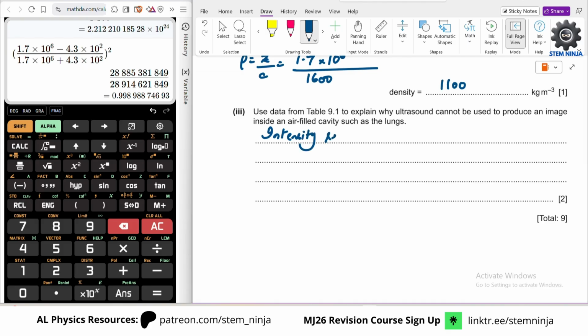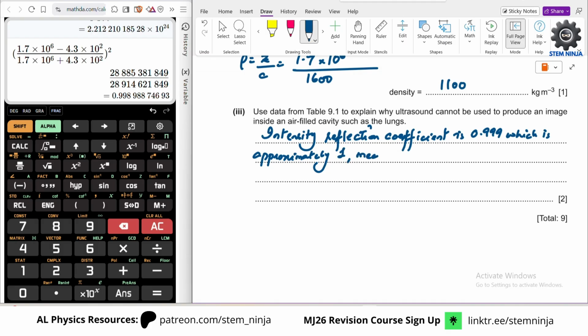you can say intensity reflection coefficient is 0.999, or you can say intensity reflected is 99%. So intensity reflection coefficient is 0.999, which is almost approximately 1,